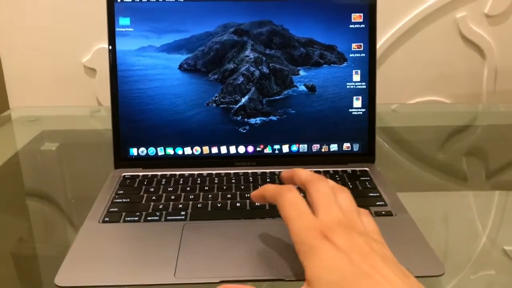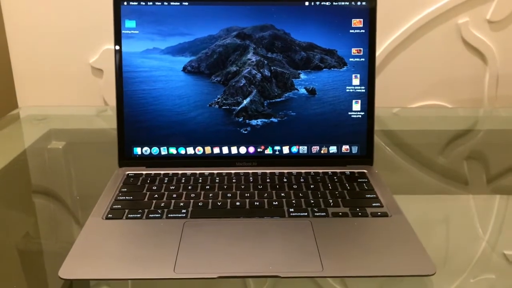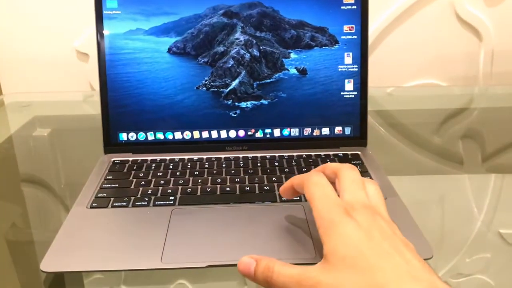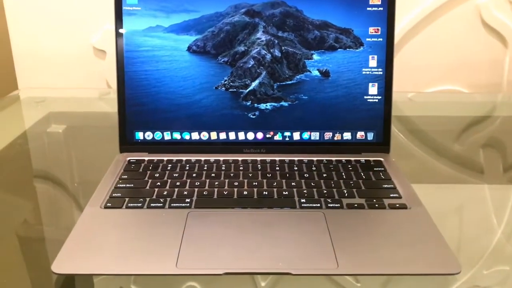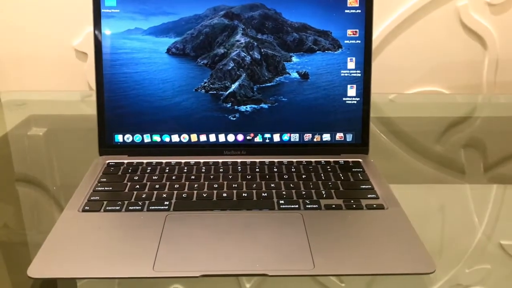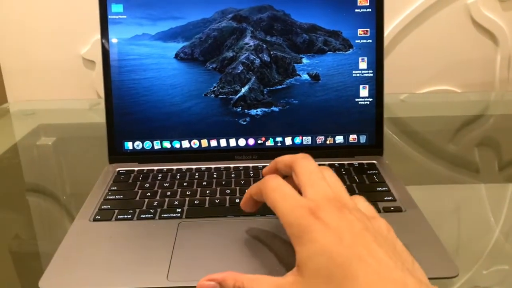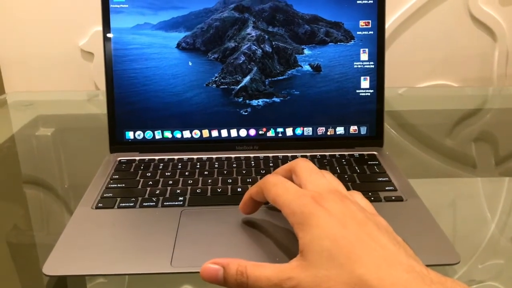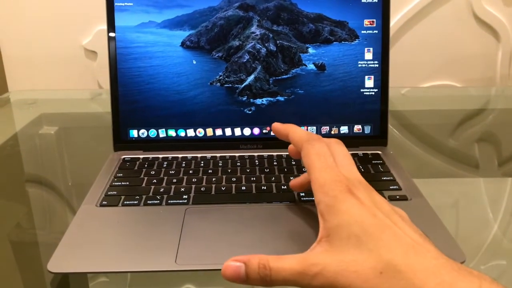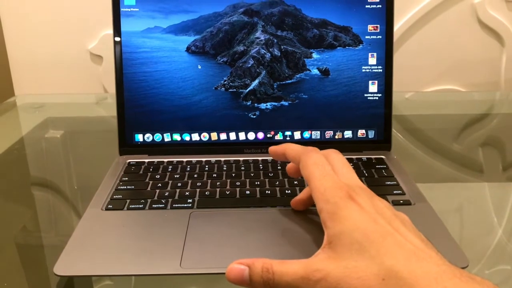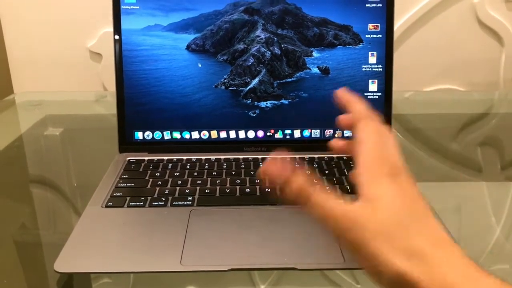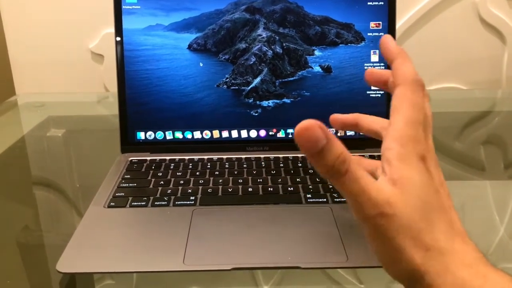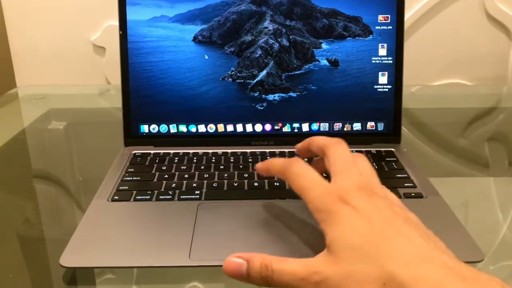So I just turned it on right now, and talking about the fit and finish of this laptop, you don't need to worry about the fit and finish and the quality on this, because it is Apple. Comparing this with the 2014 MacBook Air version that I also have, the screen size of this is a bit smaller than that.